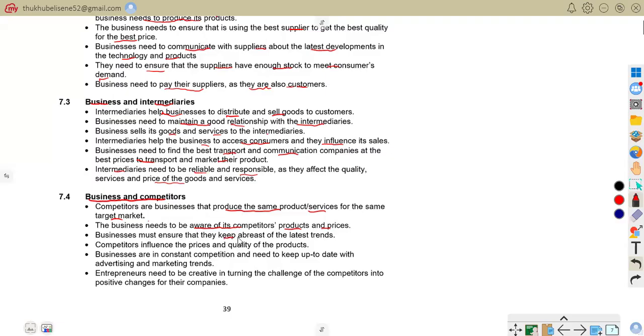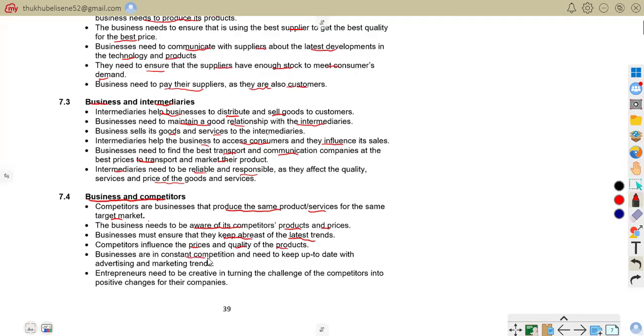Business must ensure that they keep abreast of the latest trends. So business must keep up with the latest trends. For example, clothing stores follow TikTok fashion trends. Competitors influence the price and quality of the product. So we are saying competitors influence price and quality. So Samsung improves camera quality because Apple did. You see,